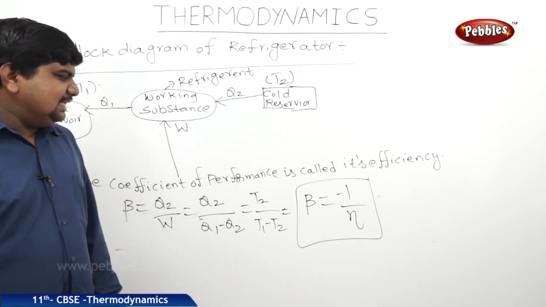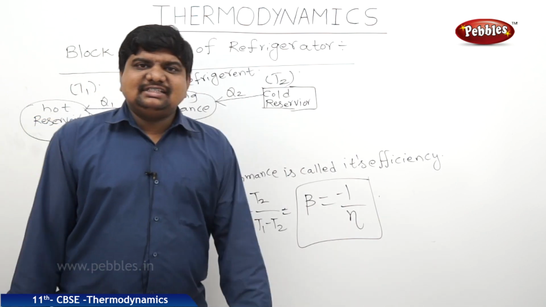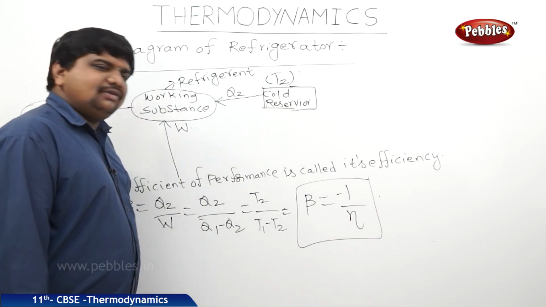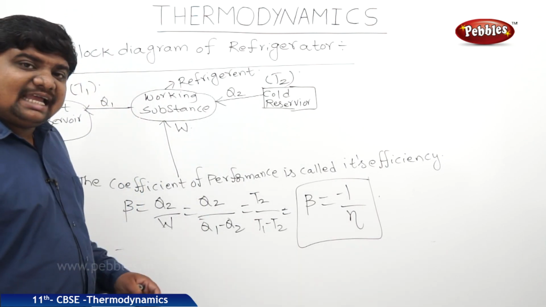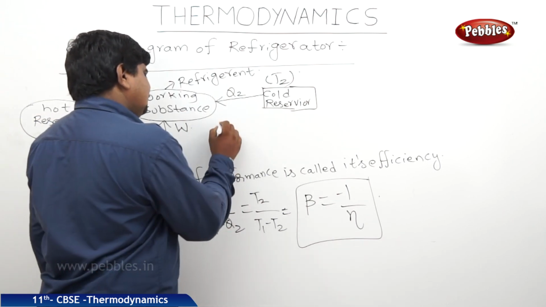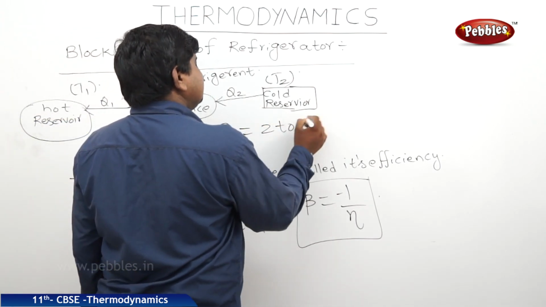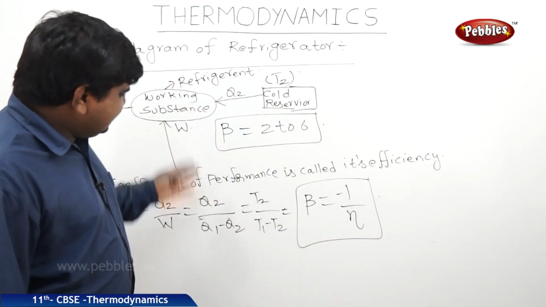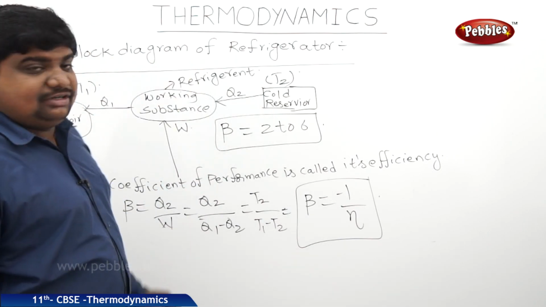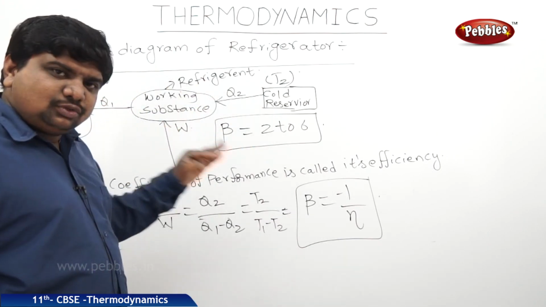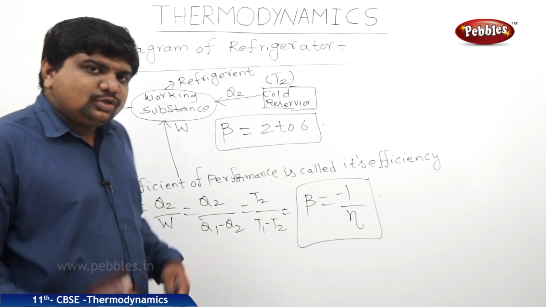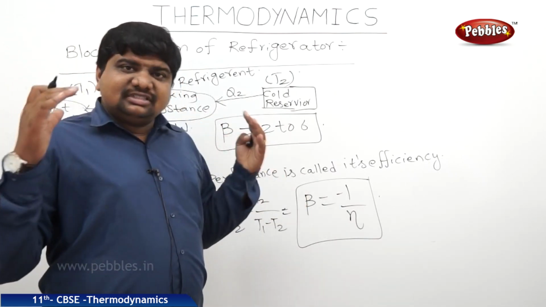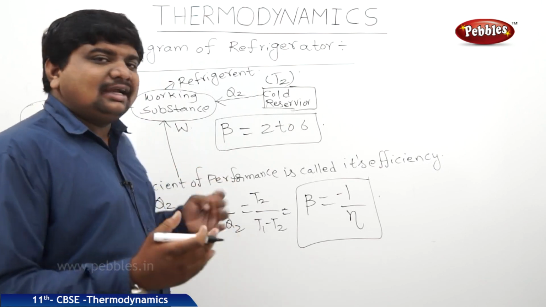So what we can understand in this case is, in a heat engine, the efficiency doesn't exceed 100%, it is always less than 100%. But in the case of a refrigerator, the coefficient of performance exceeds 100%. That's why the beta value lies from 2 to 6. This is the way we can understand the concept of refrigerator and heat engine. By considering these two experiments, we can say that the wholesale conversion of heat energy to work is impossible. There is no such system which supports that activity. So this is called the second law of thermodynamics.